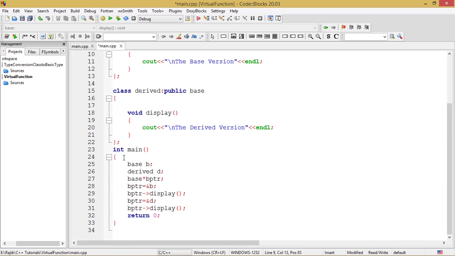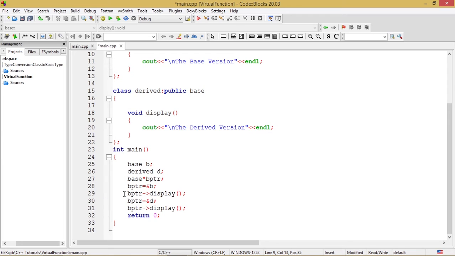So now we come to the int main section. Here we instantiated the base class with the object b and the derived class with the object d. Base *bptr is the pointer variable of the type base class, of the type base. In the next line I have assigned the address of the object b.